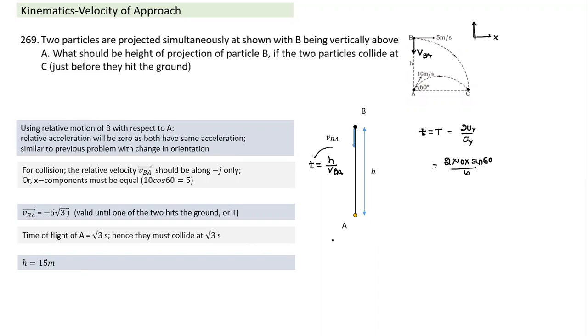15, sir. 15. Can we solve it in another way without relative velocity? Can someone think of a method of solving this question without relative velocity? We equated two times because the condition was given that it collides just before it hits the ground. So we had taken two conditions, time for collision and time of flight. Is there any other way of finding what the height of projection of B should be so that it collides just before it hits the ground? Can anyone think of another way of formulating an equation with which we can find this height h? Yes, Advay? You can use the range and time equations.